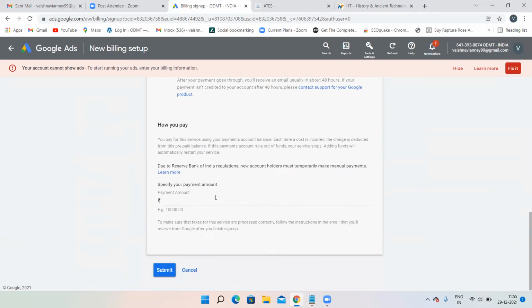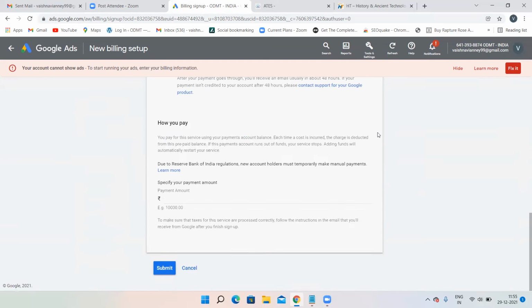If you are an individual, Google Ads will take 18% GST from you. That means for a total budget of 2000 rupees, around 400 rupees Google Ads will take as GST. If you are working for an organization, they will not take the GST because the organization might be paying GST. So if you are an individual and you pay a total budget of 2000, some 400 will be deducted. Don't think that 400 are gone just like that. That is the GST amount which Google Ads will take.